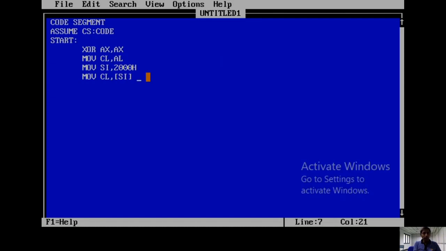In this theoretical example, we are selecting CL as 03, so we can store the 03 value at 2000H. I will show you how to store 03 at 2000H during the running time. Next step: once the count is set,